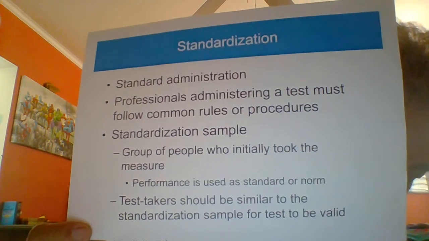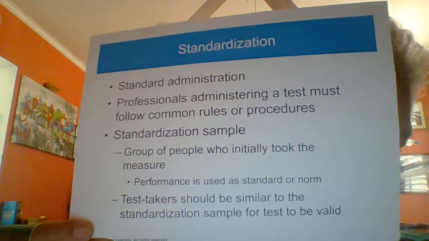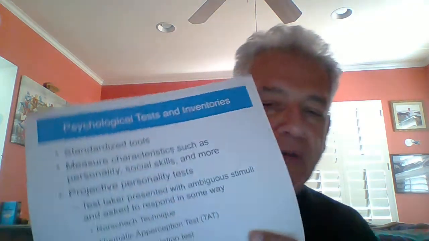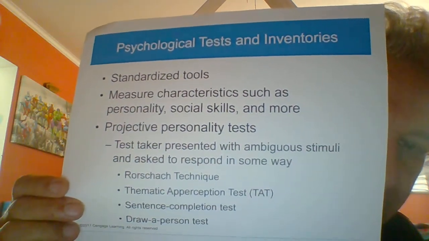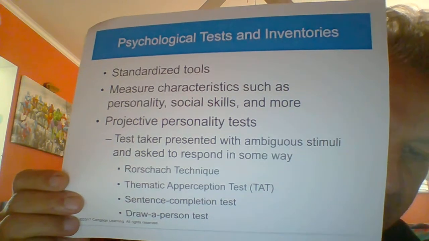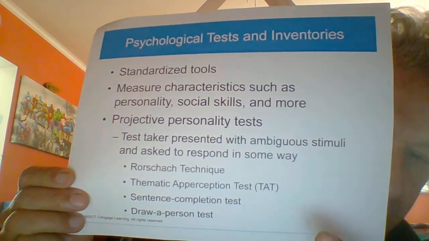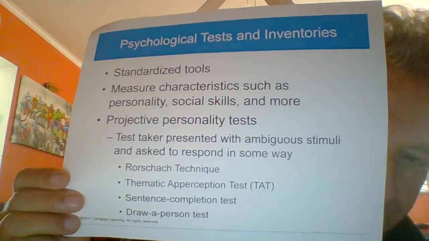That's standardization. That happens with testing, that happens with experiments, etc. Now, when it comes to personality tests, for example, we have two major categories. One of them is the projective types of tests, and then there's the self-report inventories. Now, some of the projective tests that we're going to go over, at least some of them you'll be exposed to, are things like the